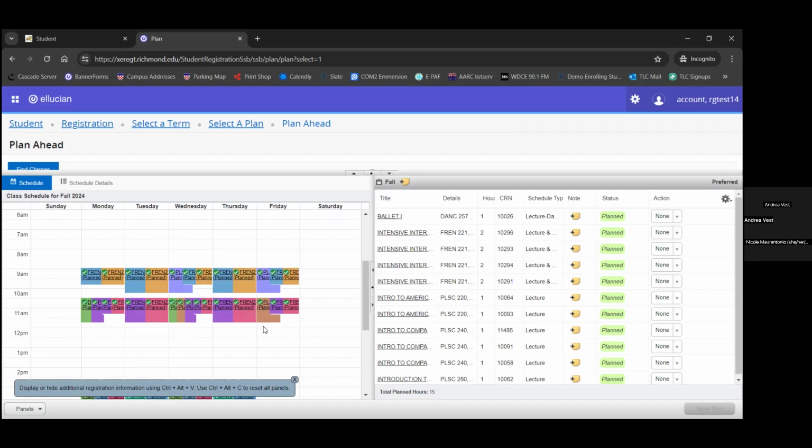So again, pay little attention here to the actual timing of the courses as they appear in this course schedule.